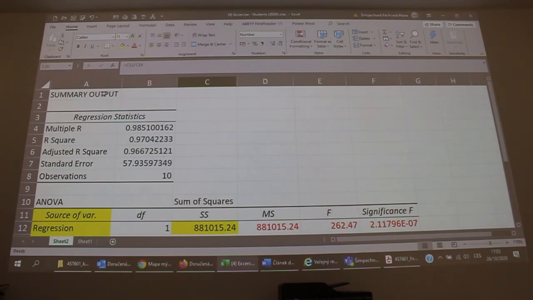You can find here summary output, and there is R square. Yes, there is calculated R square by Microsoft Excel. You can verify that we calculated the correct value of R squared. Yes,